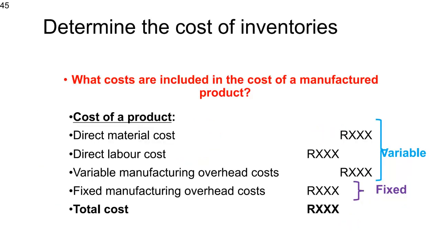All right, so let's just do a quick check as to where we are. Where are we in the grand scheme of things? We did purchase costs on Tuesday. Labor costs, we sort of dealt with direct labor costs tacitly, where we said that if they're directly linked, we need to include them because they're going to be included in the production. Now, variable manufacturing overheads, that's going to be the cleaners' salaries, the managers' salaries, the electricity, those things, right? And then fixed, for example, we said fixed can be